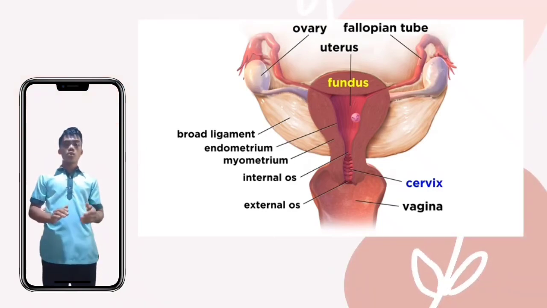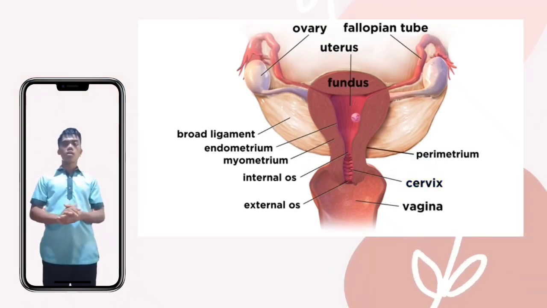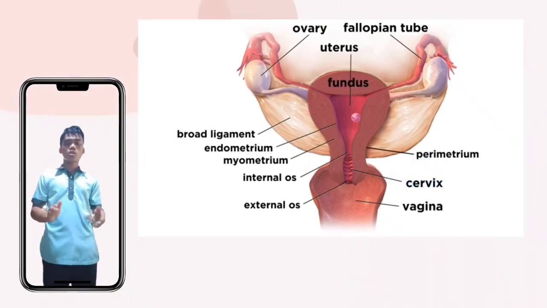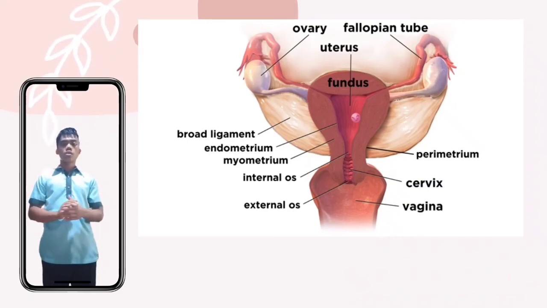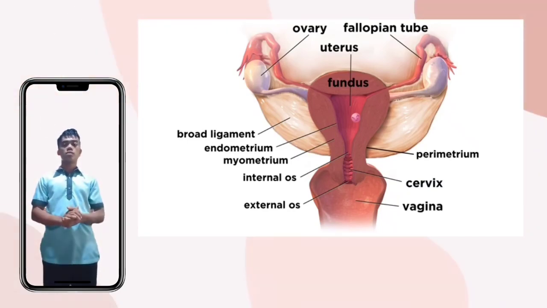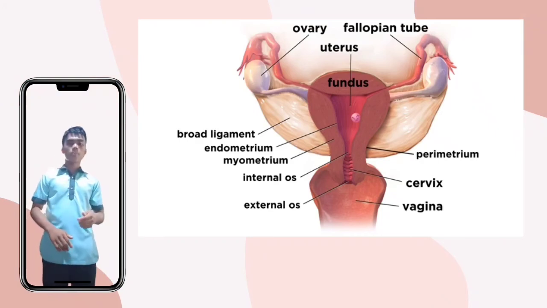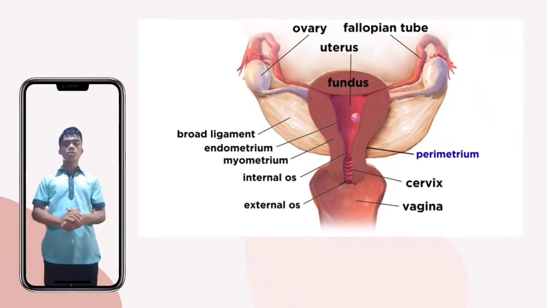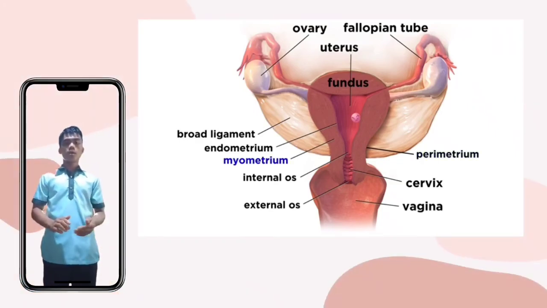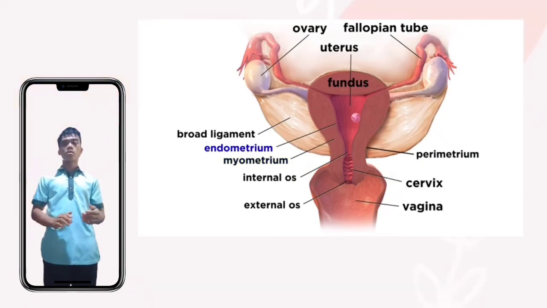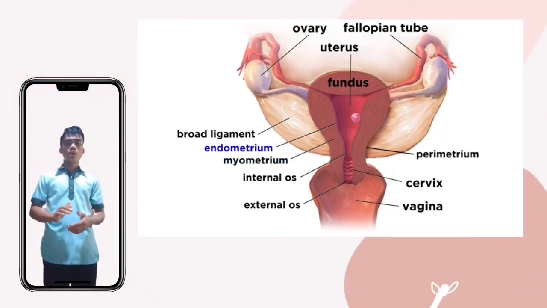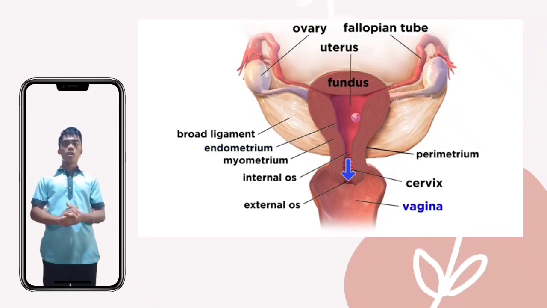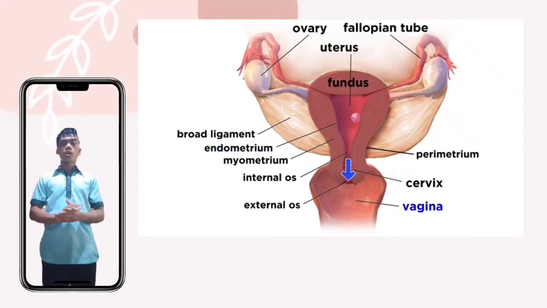Within each cervical canal, the wall of the uterus is quite thick. It comprises 3 layers. First, the perimetrium, then the bulky myometrium made of smooth muscle, and then the endometrium, which lines the uterine cavity